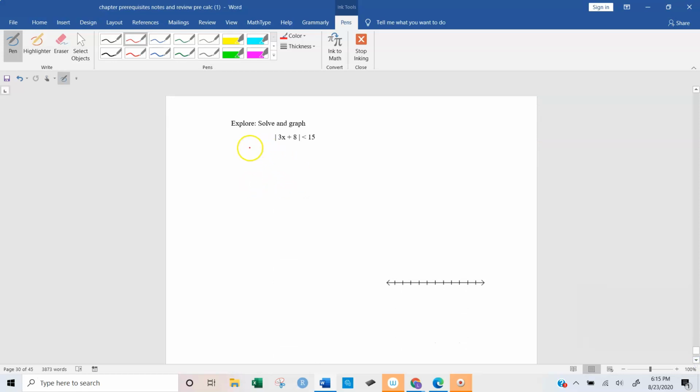Your first step, you should have written it as is because that's your positive value. Next step, you have to do the negative. So 3x plus 18, you're making the 15 negative. So you have to switch your less than sign to a greater than. Okay, subtract your 8. So 3x is less than 7. Divide by 3. So x is less than 7/3. Here, subtract your 8. So 3x is greater than a negative 23,